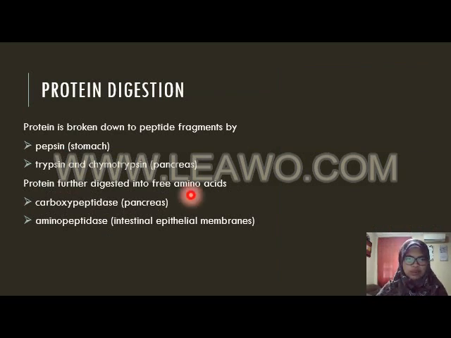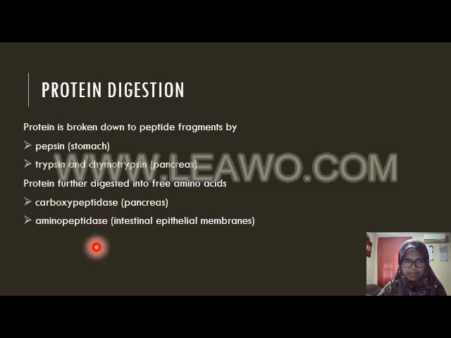And then we go into protein digestion. Protein is broken down into peptide fragments. As we know, protein is formed by polypeptides, so there are a few linkages or bonds that need to be broken down. Basically, the digestion of protein occurs mainly in the stomach by pepsin, and it's further continued in the small intestine by trypsin and chymotrypsin. Protein is further digested into free amino acids by